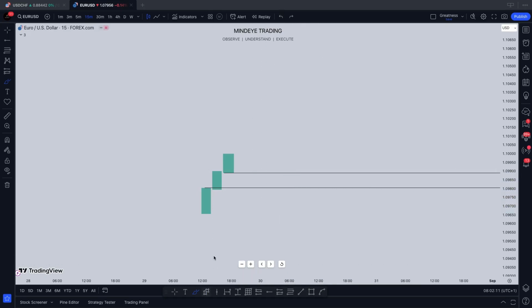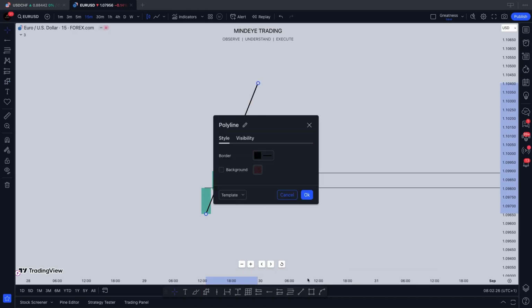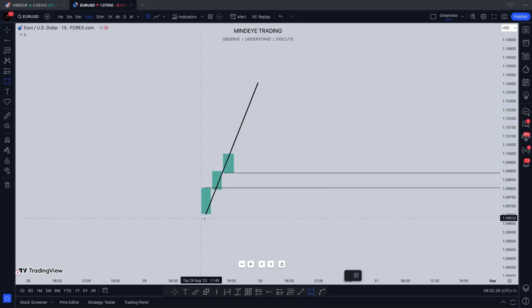Now, why will it break it? Most times people use imbalance as a point of interest, but for the sake of this teaching, do not see imbalance as merely a point of interest. See them as areas of magnet. Your point of interest, which some of you use other blocks for, might just be below this imbalance.